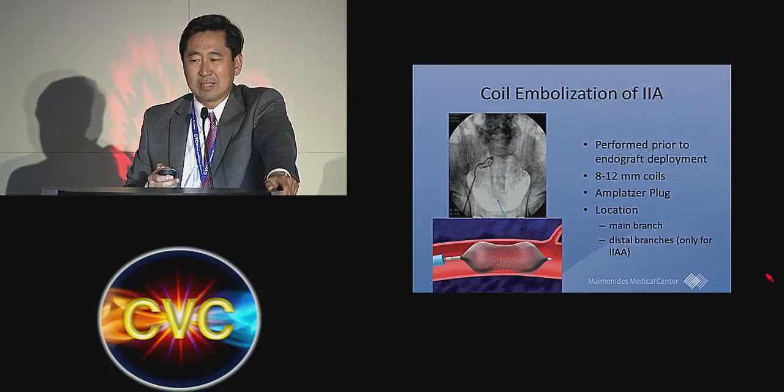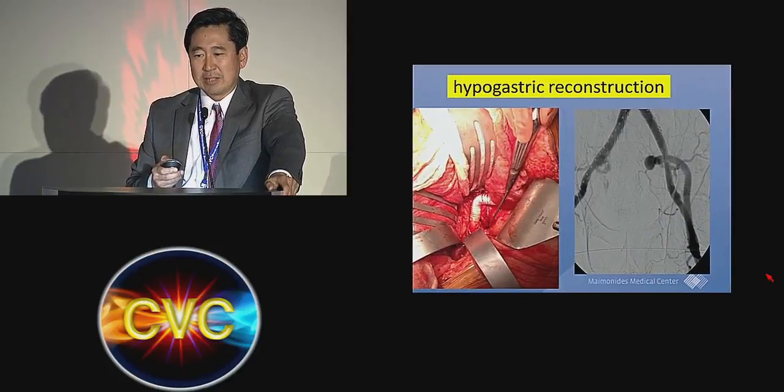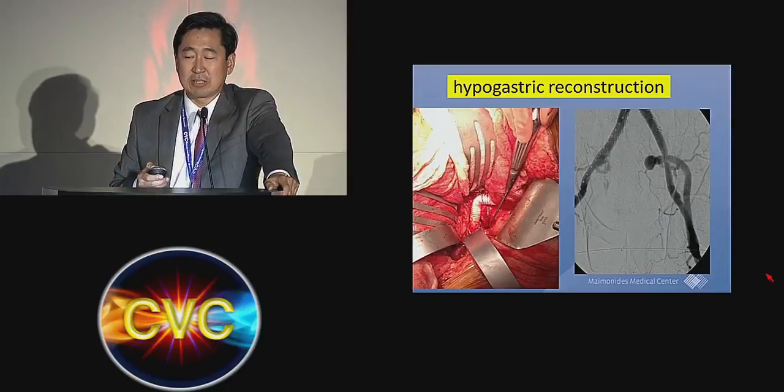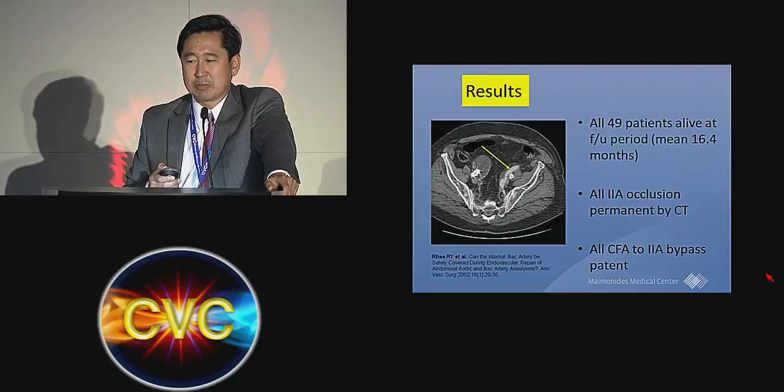And this is our original series of 49 patients that we did, and we coiled them, we put Amplatzer plugs, and this is some of them early on. We actually did bypasses if we didn't want to sacrifice both. The results were pretty good. All the bypasses were patent. All the occlusions remained occluded,